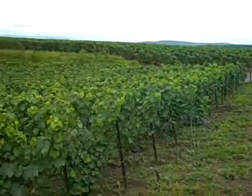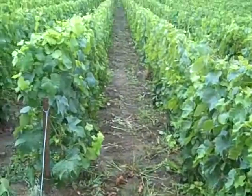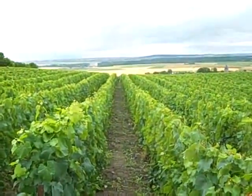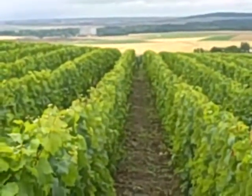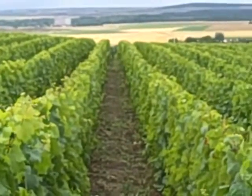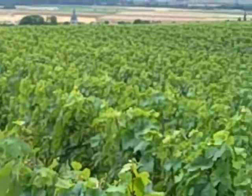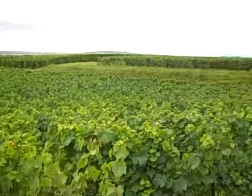And the problem is because of the roots. The roots stay just on the level here. As soon as it's raining, that gives big grapes, but only from water. Do you understand? And as soon as you move the soil or you let some grass grow, the roots go